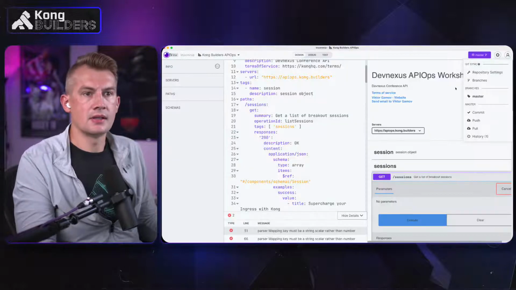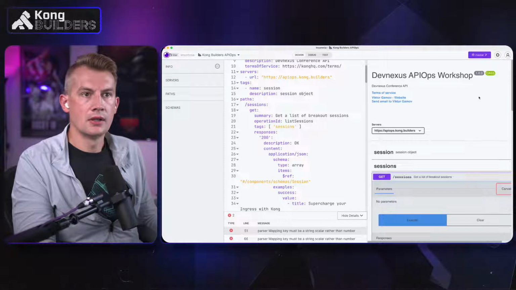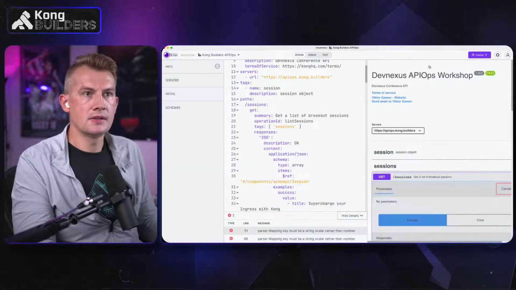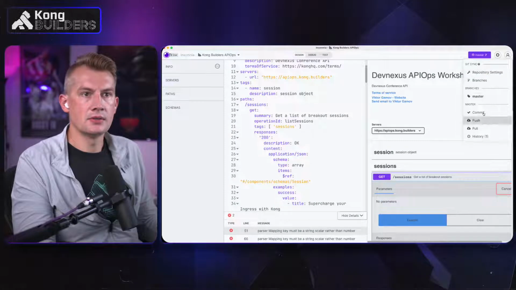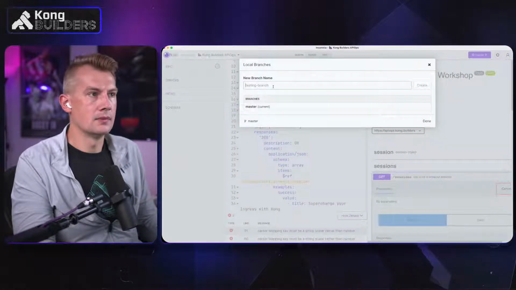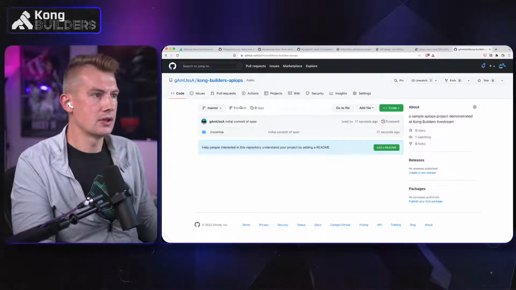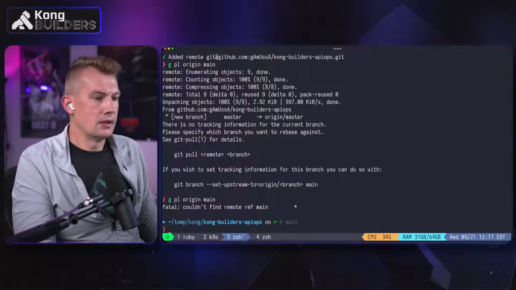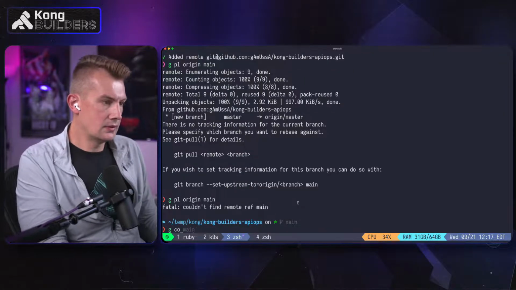Okay, so that's interesting. So it uses branch master by default. Let's see if we can switch this to main or master. Okay, so it uses master, and here we're using main. So git